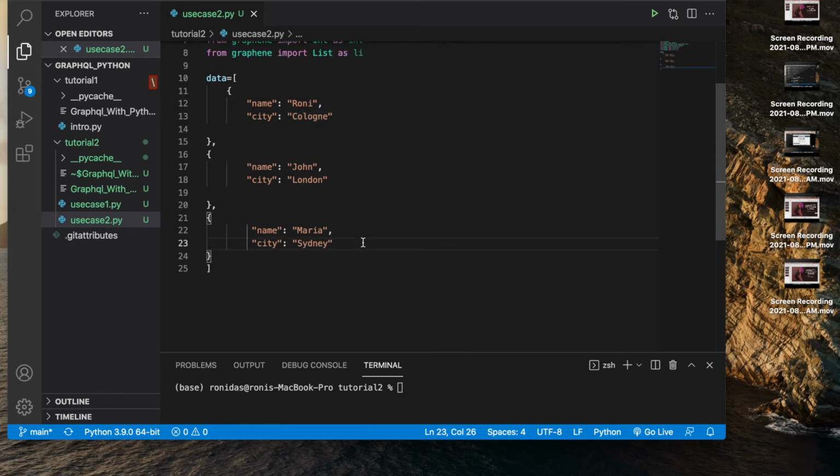Okay, that's it. So maybe we'll now try to create our actual thing, the schema object and other things.